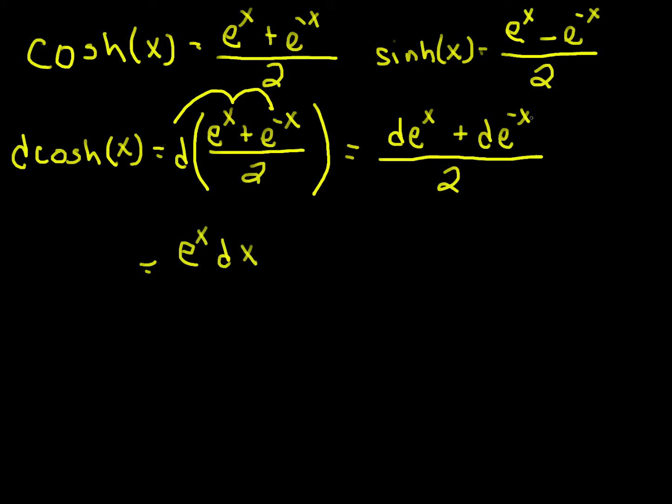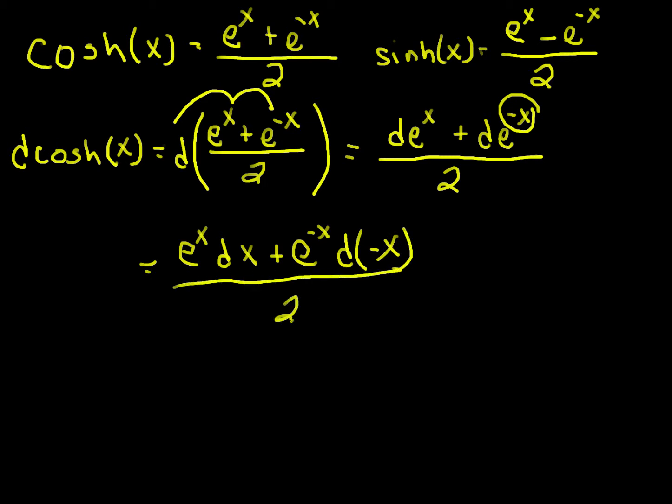And the differential of this, think of this as our u, so this is plus e to the negative x, the differential of negative x, all divided by 2,